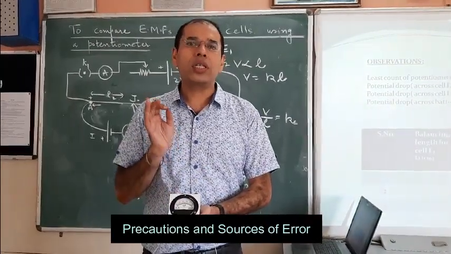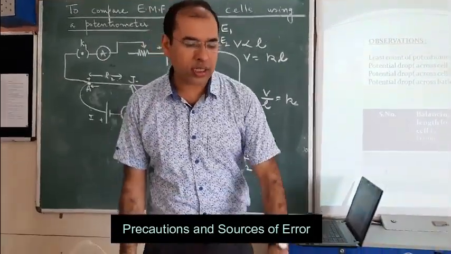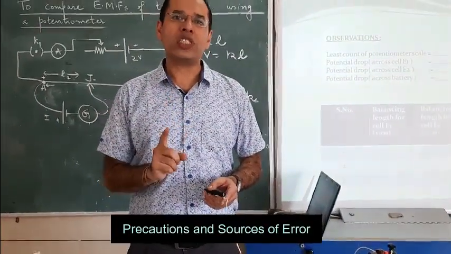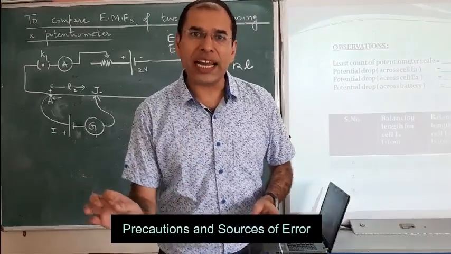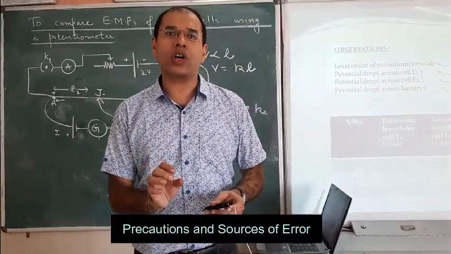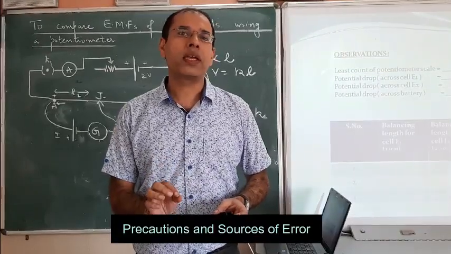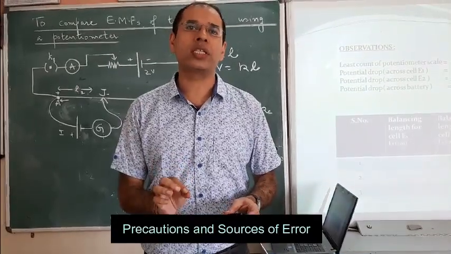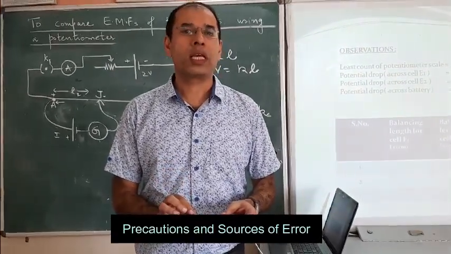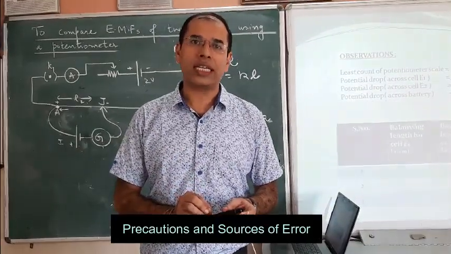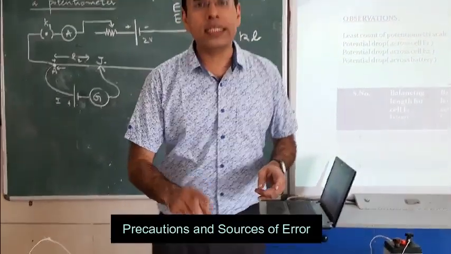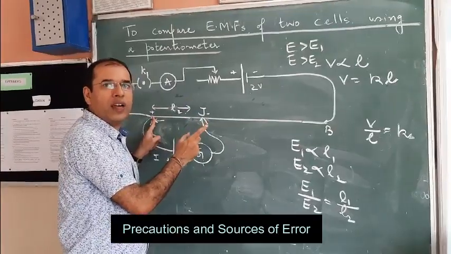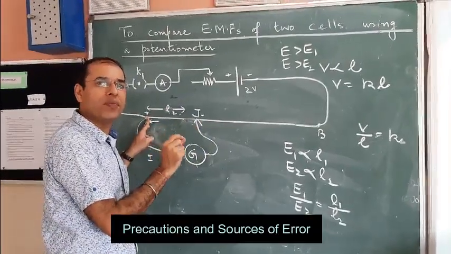Then we should not slide the jockey in this experiment over the potentiometer wire. There are 2 reasons for it. One is, if we are sliding it from one place to another, the contact of the jockey with the wire is for a long duration of time, and because of that, again the current flows through the circuit for a longer time, which may change the resistance of components involved. The other important reason for not sliding the jockey is that the cross-sectional area of the portion of the wire where we slide the jockey may change.